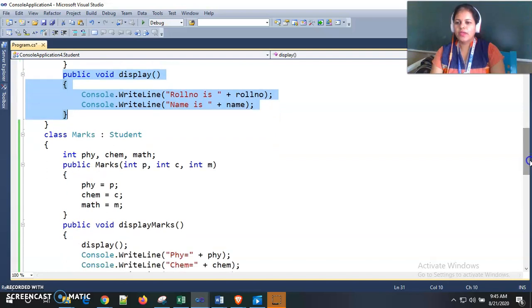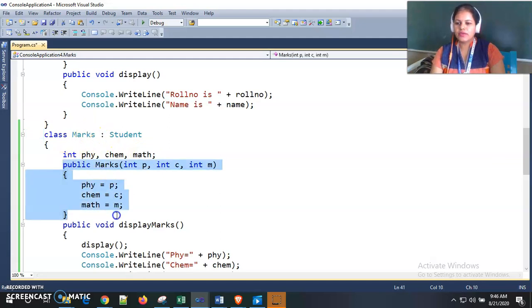Now we have derived one Marks class from Student, and inside Marks there are physics, chemistry, maths. These are the own properties of this Marks class, and here is one parameterized constructor for this Marks class.